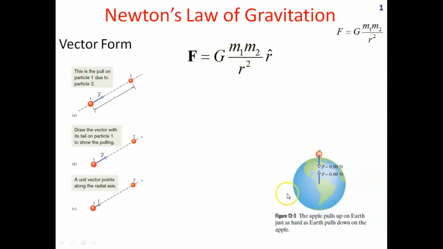Now here in this diagram, an apple is shown which is experiencing a downward force, which you can calculate to be 0.8 Newton, and a similar force but in the opposite direction is experienced by the earth. Earth being huge, the pull is feeble, whereas the apple being a minor object experiences a downward pull.